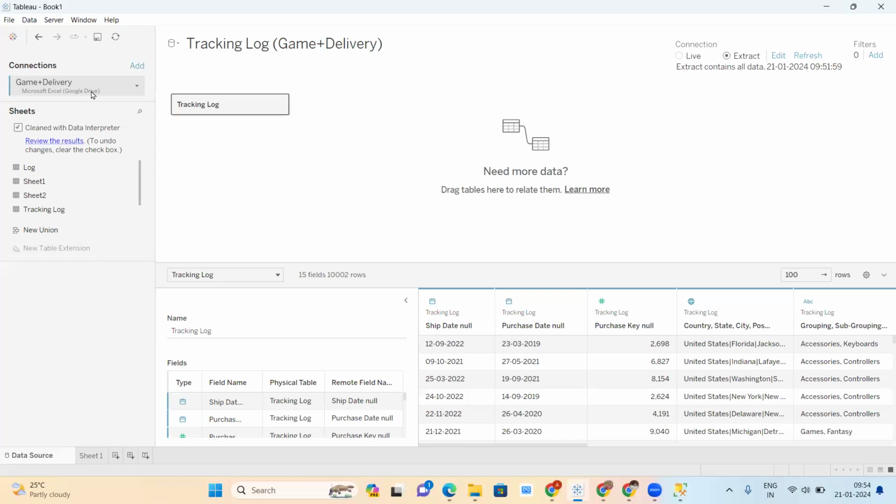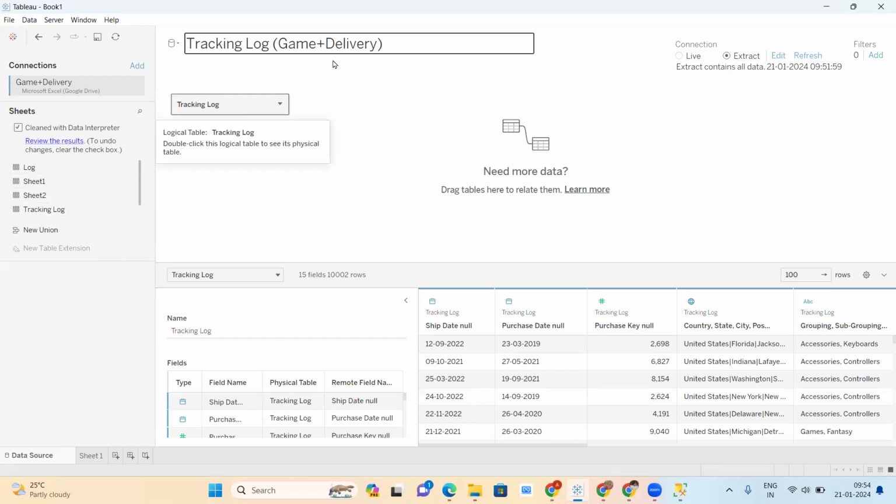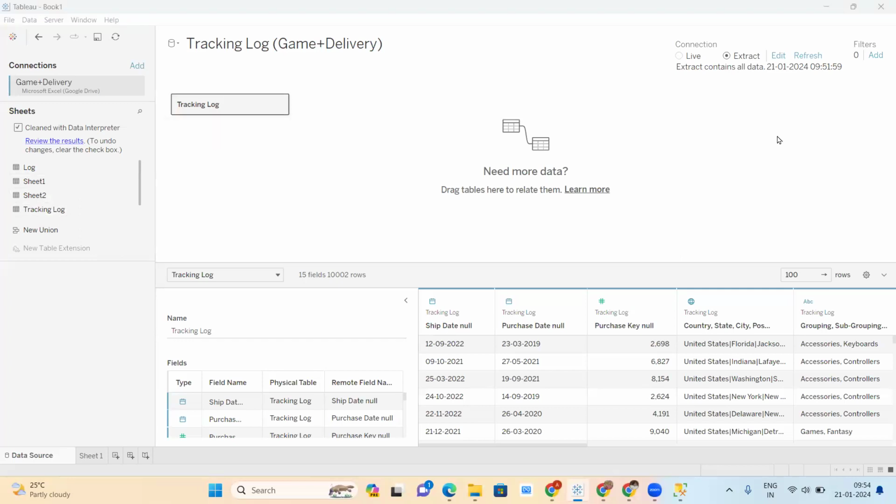And the CSV name, game delivery. Tracking log game delivery and tracking log table we are using. That sheet we are using. So at a time, we are pulling only one sheet? Yes, right now we are pulling one sheet, but we can pull another